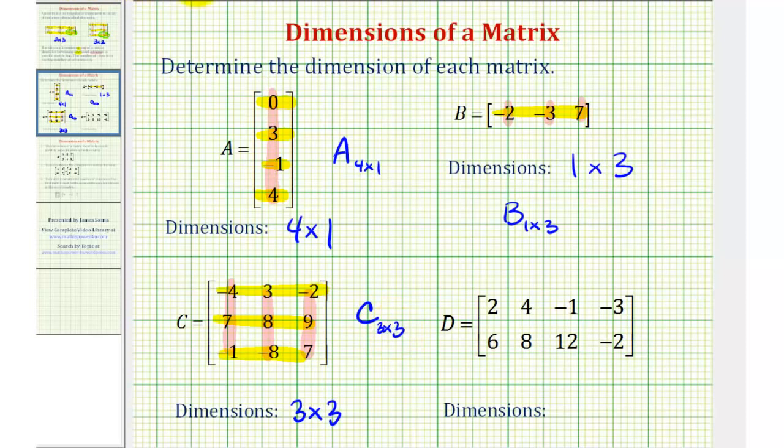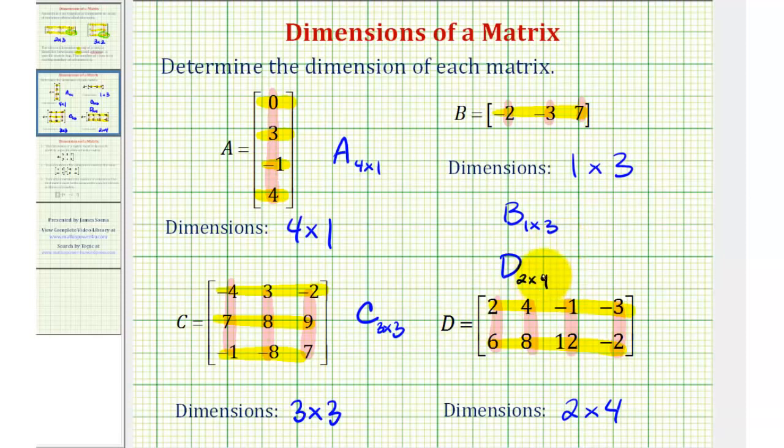Then for our last example, for matrix D, notice how we have 1, 2 rows and 1, 2, 3, 4 columns. So the dimensions would be 2 by 4. And again, if we use the capital letter D to identify this matrix, we would put the dimensions as a subscript,